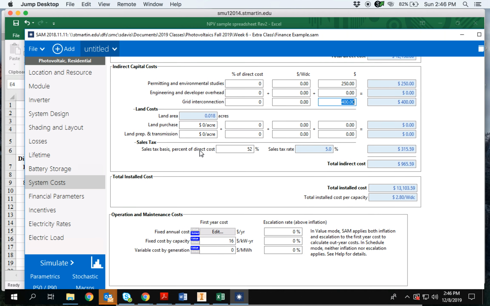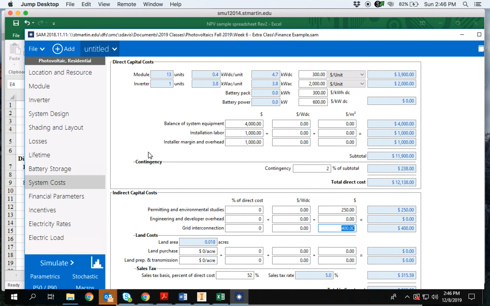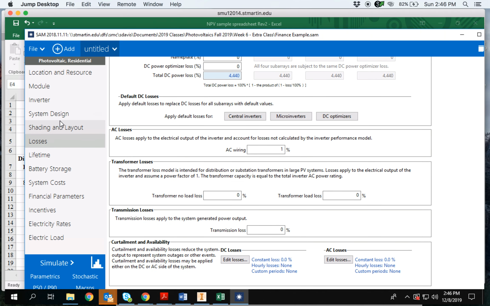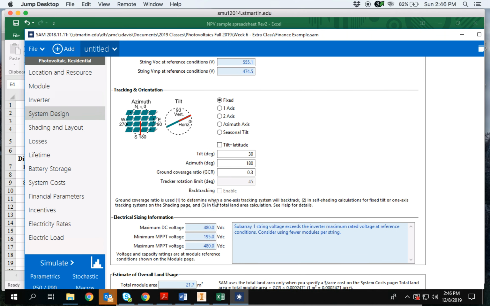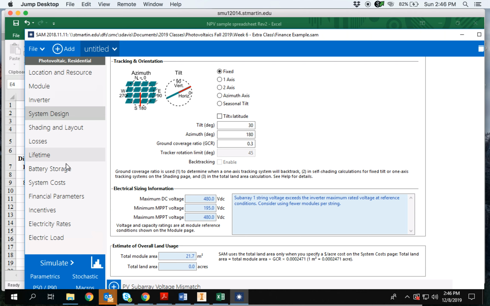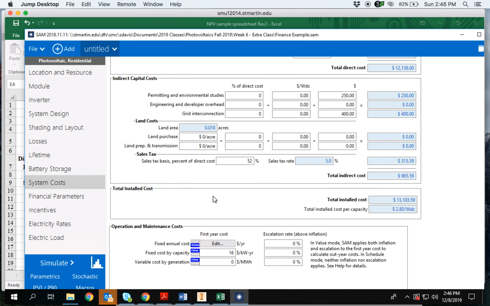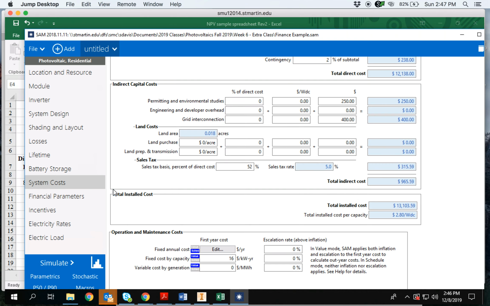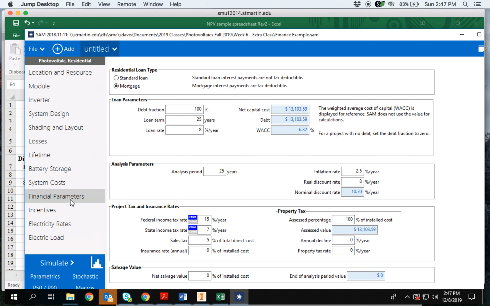Tax rate. Where's the tax rate? Good question. Taxes. Oh, I know it's somewhere. Taxes. Maybe it's in another one. Okay, because we don't have 5%. You gotta check the Indiana state tax. Okay. Okay. And then